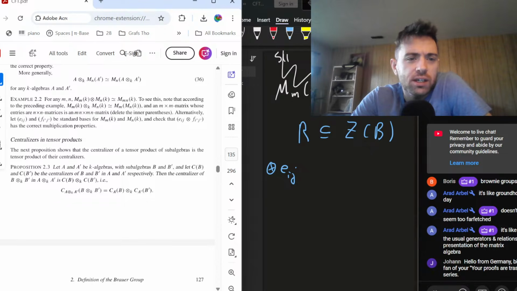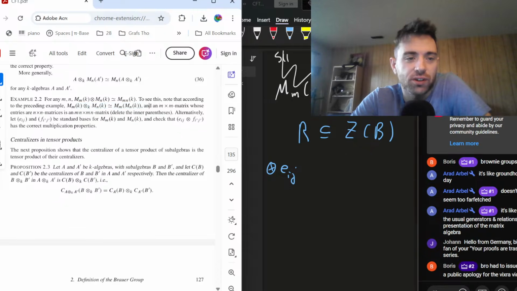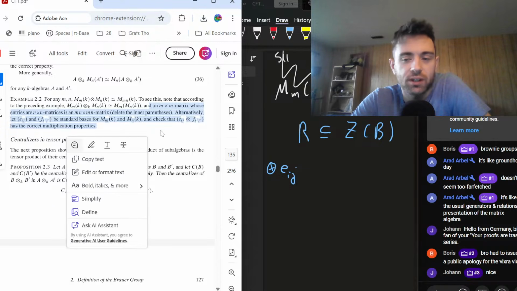For any M and N, the tensor product of matrices will be this. Yep, I agree. Oh, but this is a neat way to explain it, other than doing normal linear algebra mumbo jumbo. We use the previous theorem to get matrix valued matrices, which gives us like the Kronecker product. So that's cool. I like that.